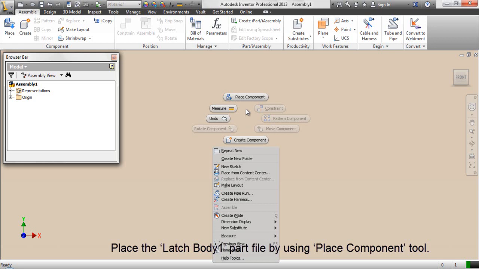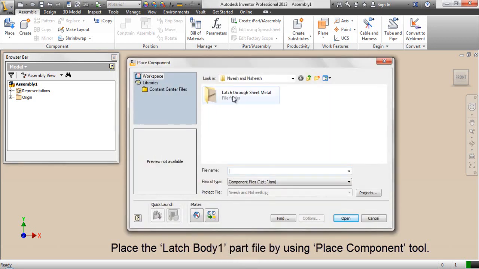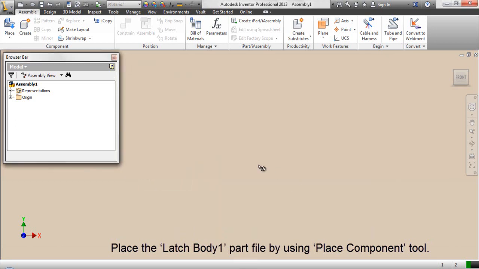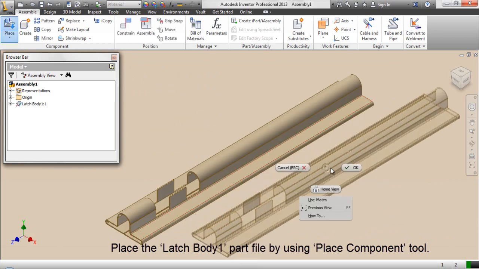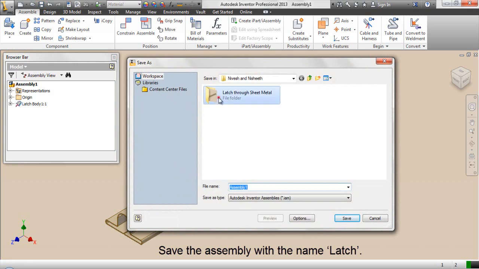Place the latch body 1 part file by using Place Component tool. Save the assembly with the name latch.